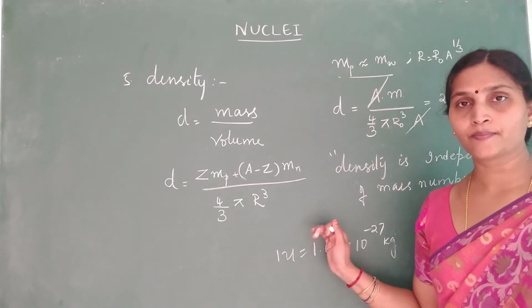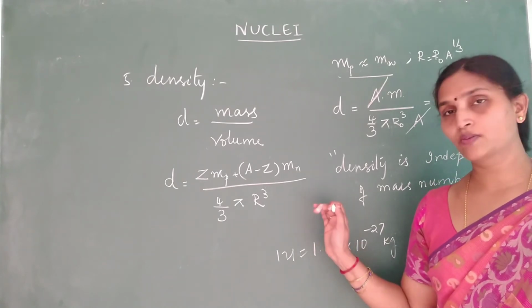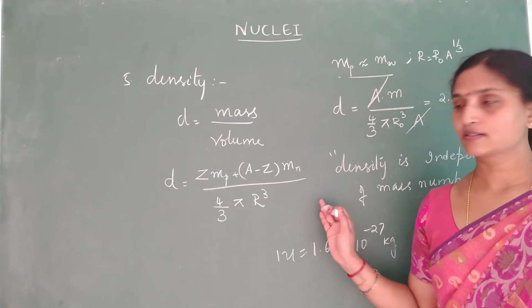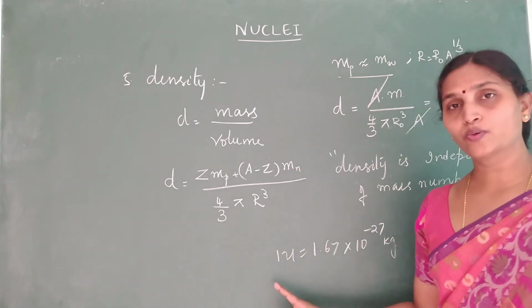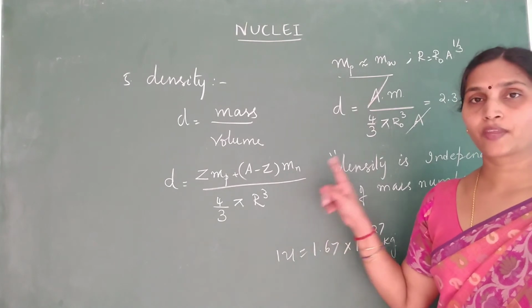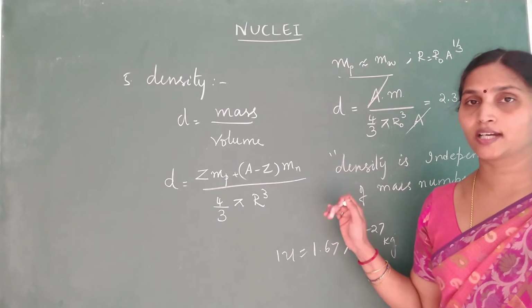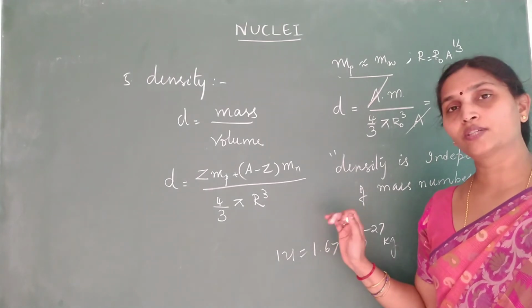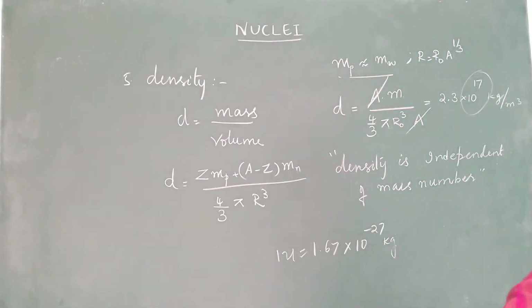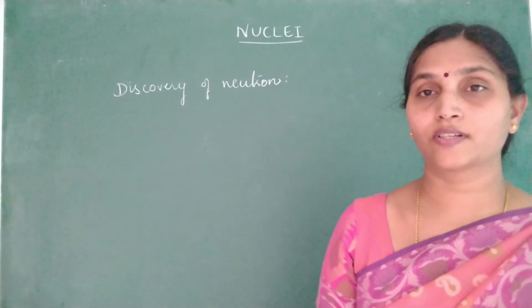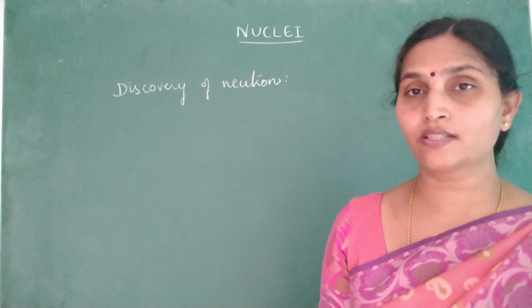So put together, what all did we study today regarding the properties of nucleus? I told you about its composition, its charge, the radius, mass and density. Then let us look deeper into the nucleus. How is neutron discovered? We know nucleus contains protons and neutrons. So let's look into the details of discovery of neutron. Now coming to the discovery of the neutron, let's look into the consequences which led to the discovery of this neutron.